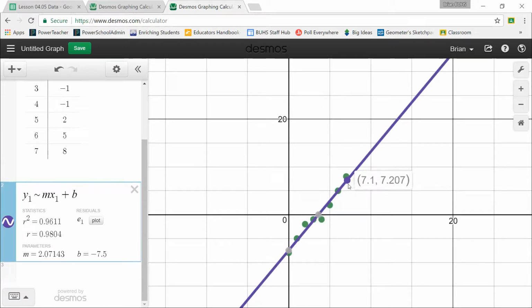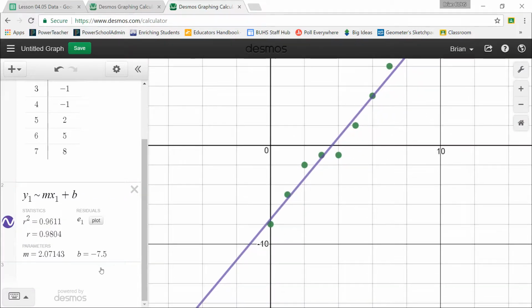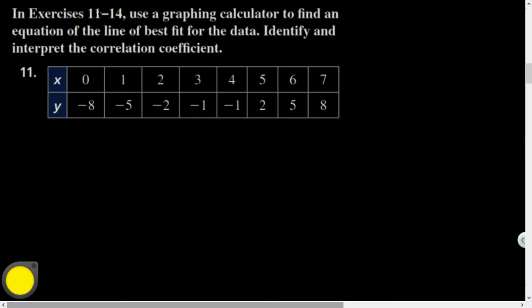And then I could make extrapolated predictions where I could go beyond where my original data set was. Interpolation was when I predict a value in between. And extrapolation would also be before. So if I'm going outside of what my original data said, it's called extrapolation. So let's find these residuals. Oh, actually, wait. This problem didn't even ask me for that. They said identify and interpret the